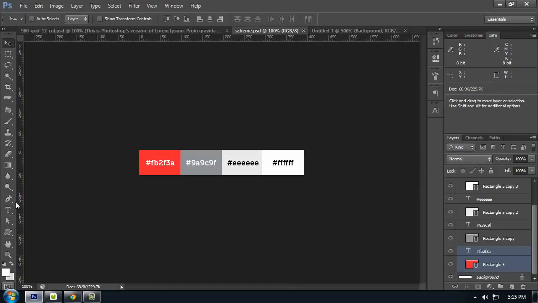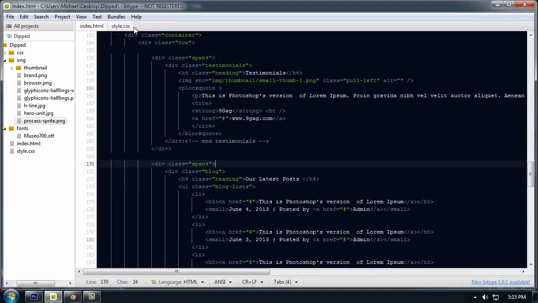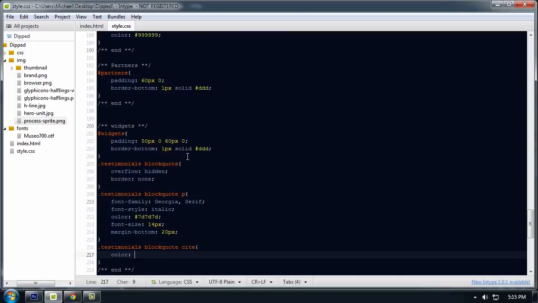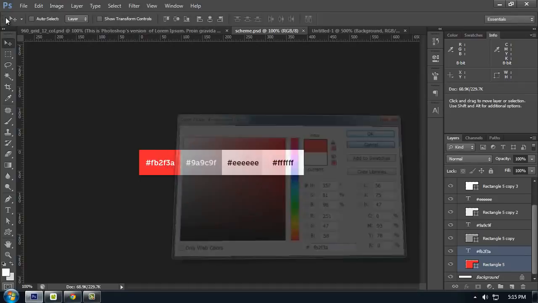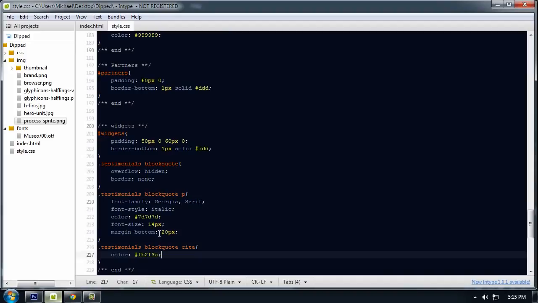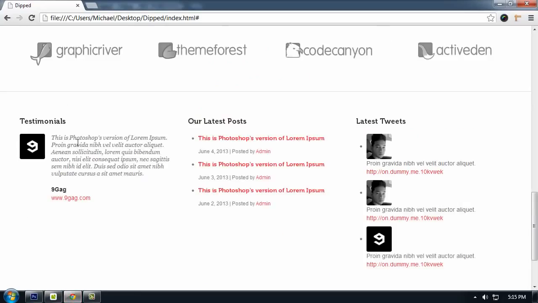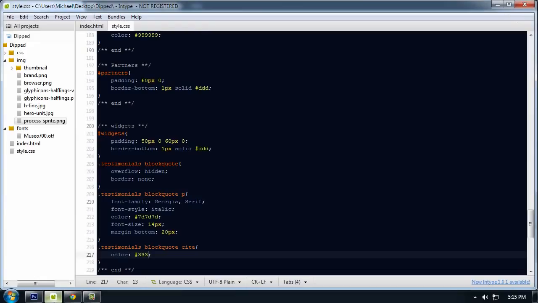So this one, color, no, I mean the color of this site is gray, that one. And then we can remove as well